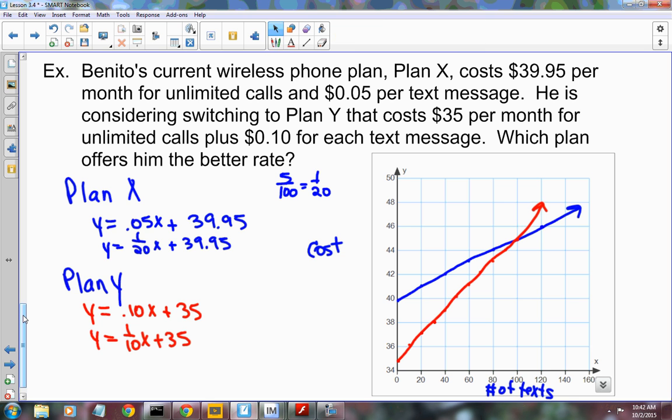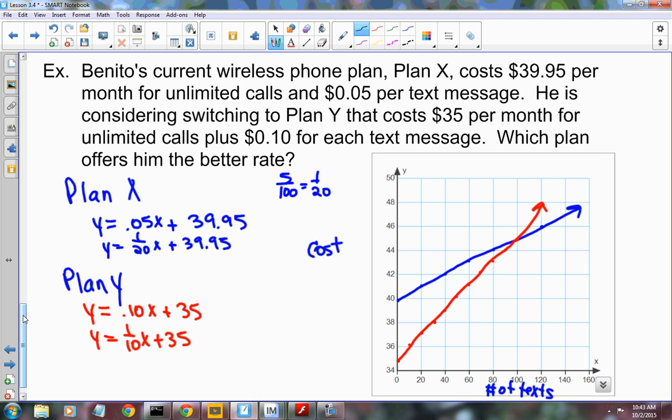Now the question is, which is the better plan? What do you think? Is it dependent upon anything? Well, yeah. Okay, but what will that depend on? How much you text, right? So if it was you guys, definitely plan X, right? But what if it was my grandma who barely knows how to text? She probably doesn't know how to text. No, probably wouldn't be the best plan for her. She just uses it to call. And maybe your parents sometimes use it just to call. Okay? So,